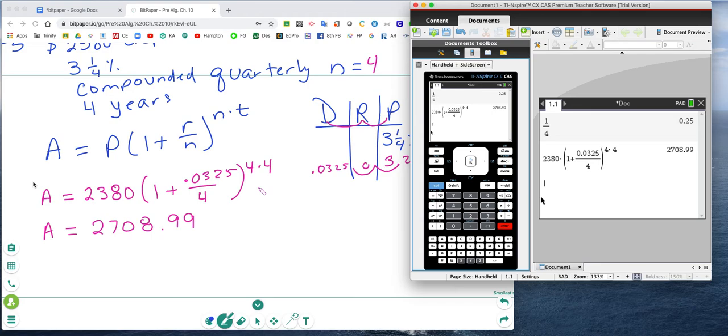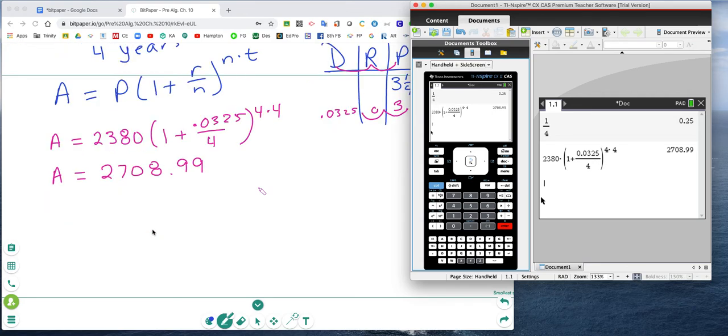Formula, substitution step, solve. Now, if I want to know how much money in my account is the free money that my bank gave me, I'm going to do a subtraction equation. So I'm going to subtract... actually, let me do this. What am I going to subtract? I'm going to subtract the account balance